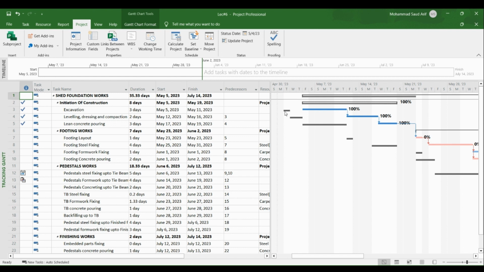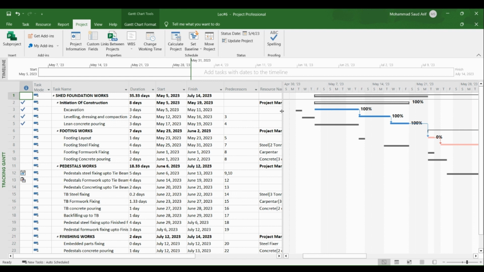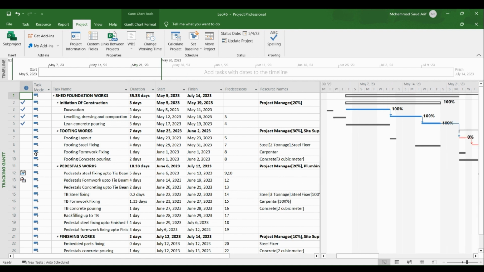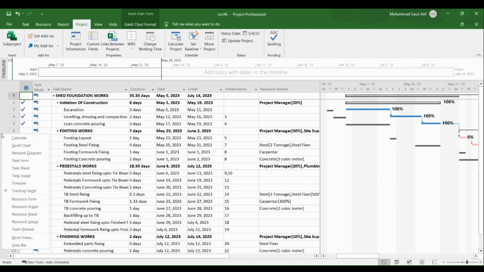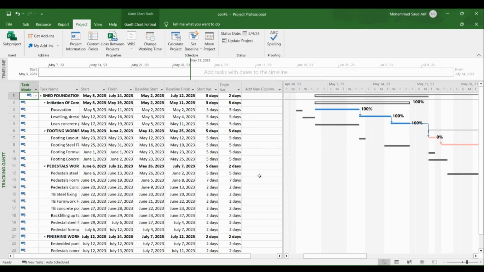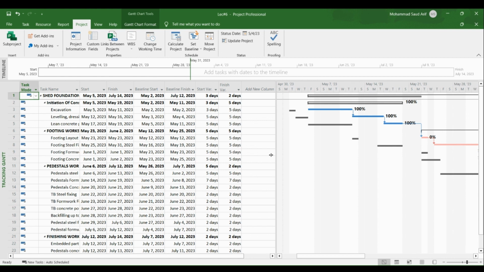Okay, so if I click here and I click on the variance, now you can see a more detailed analysis. The start date, the finish date, the baseline start and baseline finish. Okay,